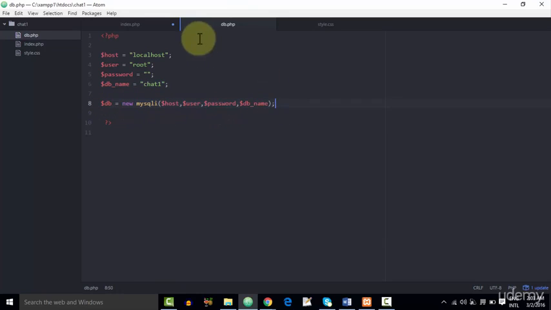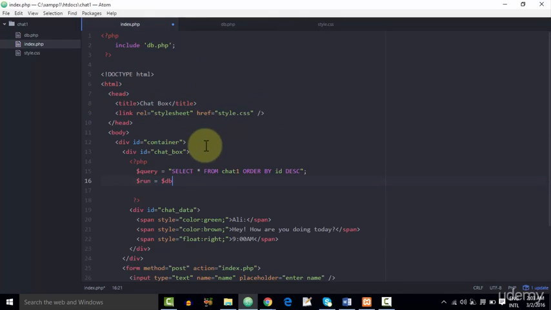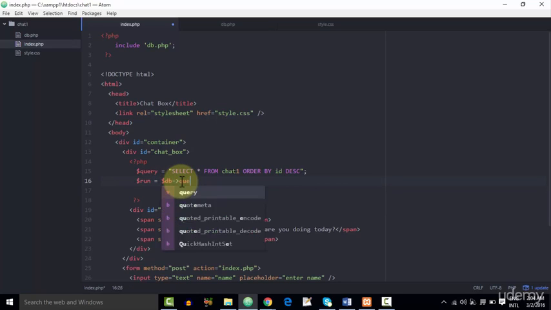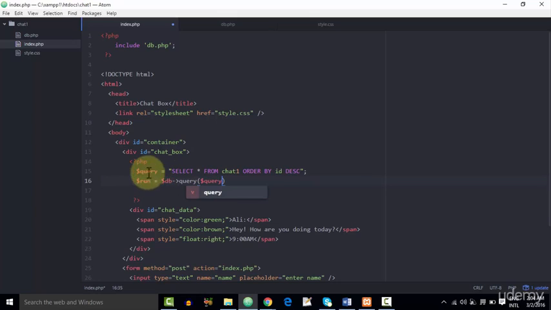So we need to enter our db, then a dash, and then the greater than sign. So basically this means that we're selecting this function, and this means an object. So we'll enter query and then give it a function running this query over here. So we'll enter this variable in these brackets and end it with a semicolon. Save this,